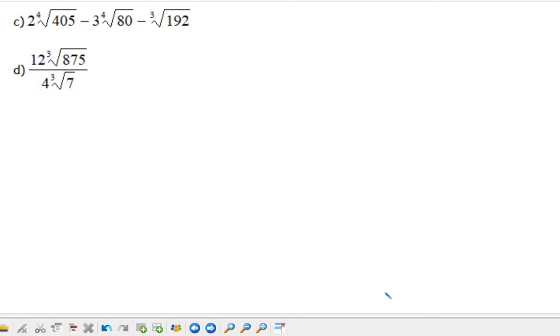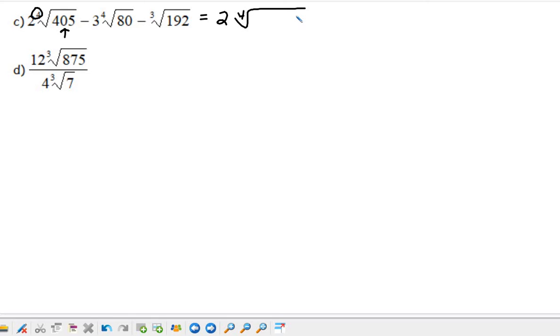So letter C. So in order to add and subtract, remember we have to have like terms. Like terms mean it has to have the same index and the same radicand. So I need to do some simplification. So I have 2 times the 4th root